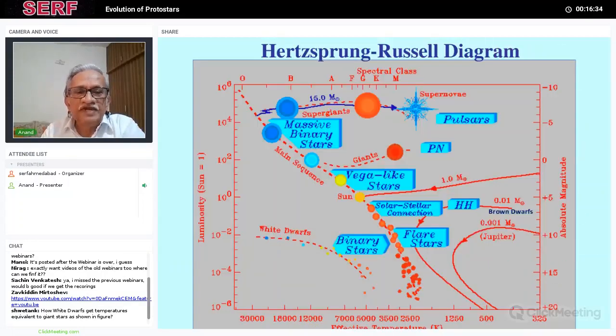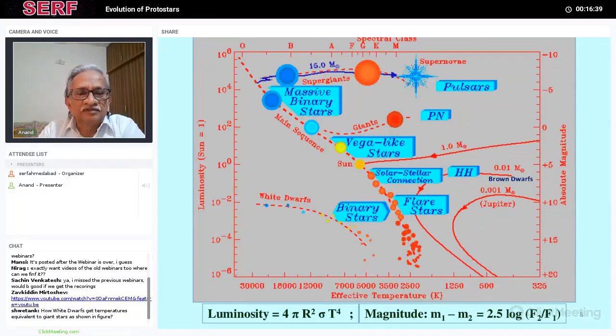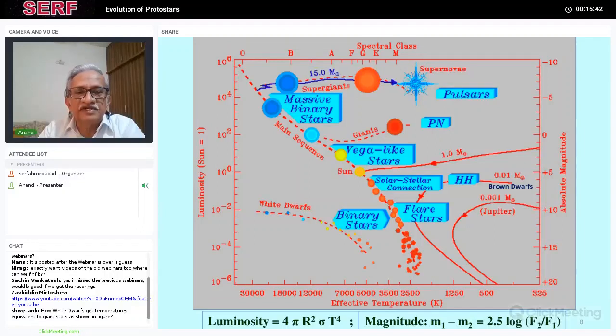Basically, white dwarfs. There is a question: what are the white dwarfs? Basically, white dwarfs evolve from these low mass or intermediate mass stars below about 9 solar masses. Including the sun, they will go to the white dwarf stage. They will go to the giant stage, there will be a heavy mass loss, and they will go to the planetary nebula. All the outer envelopes go into the interstellar medium and manifest themselves as planetary nebulae,